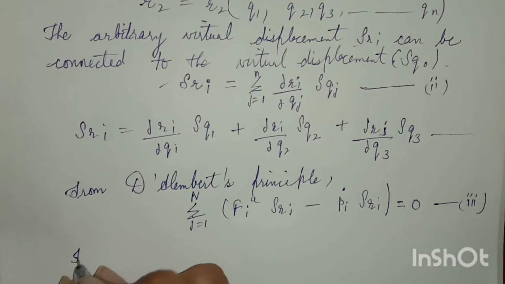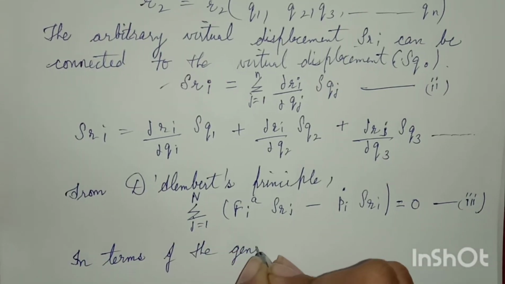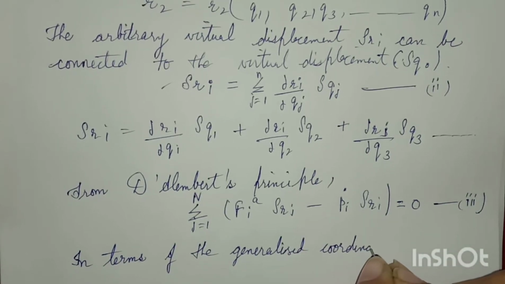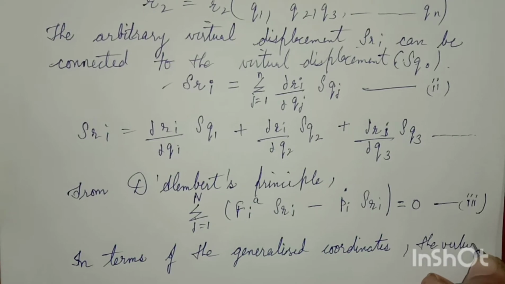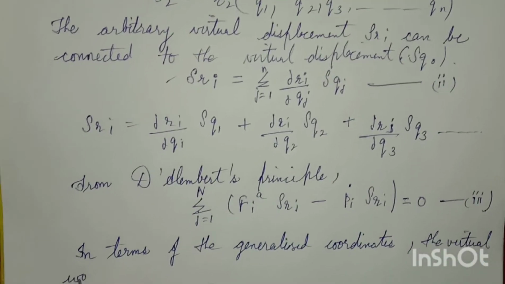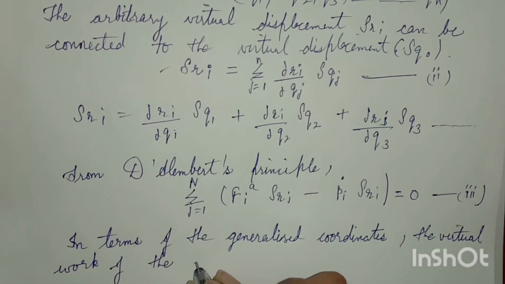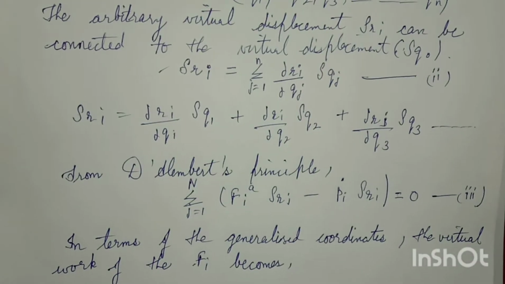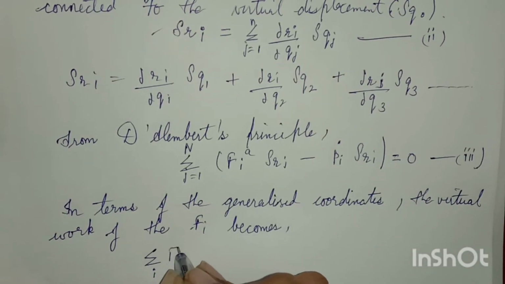So we can write in terms of the generalized coordinates the virtual work of the force, which is Fi, becomes, we can write summation i Fi dot delta Ri